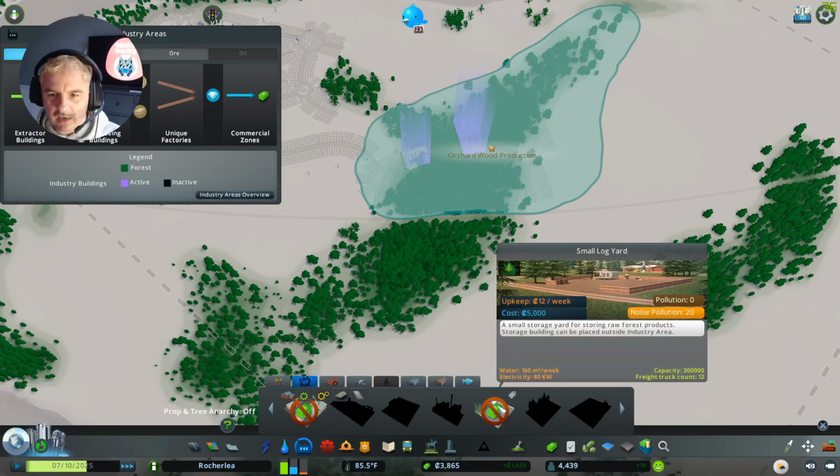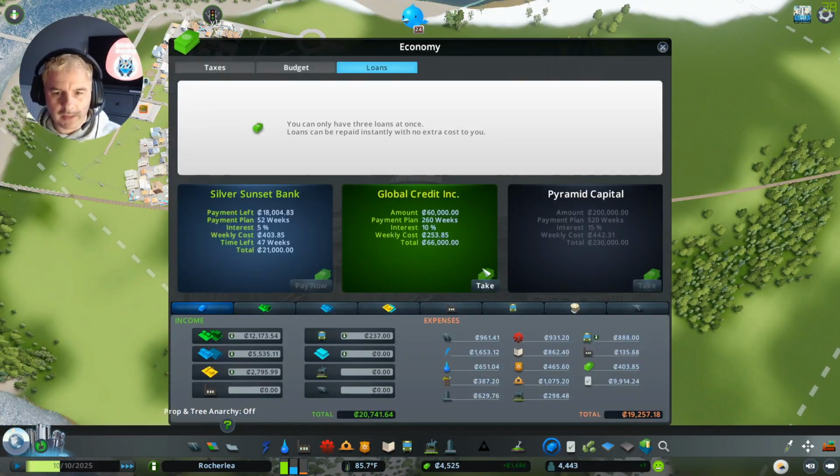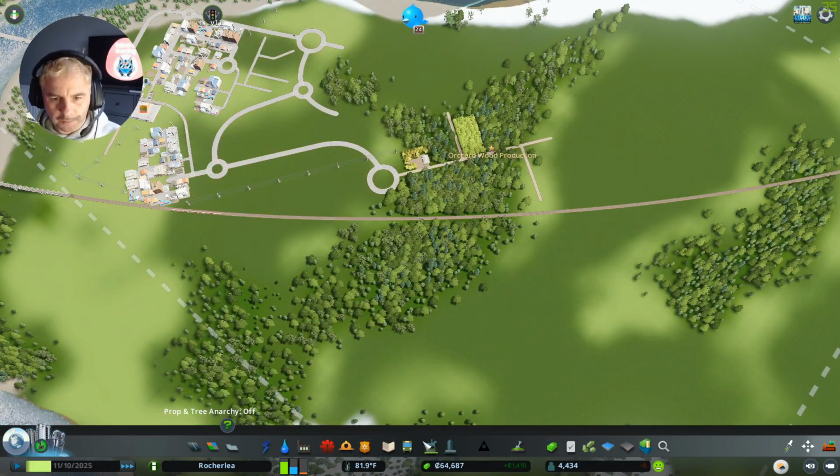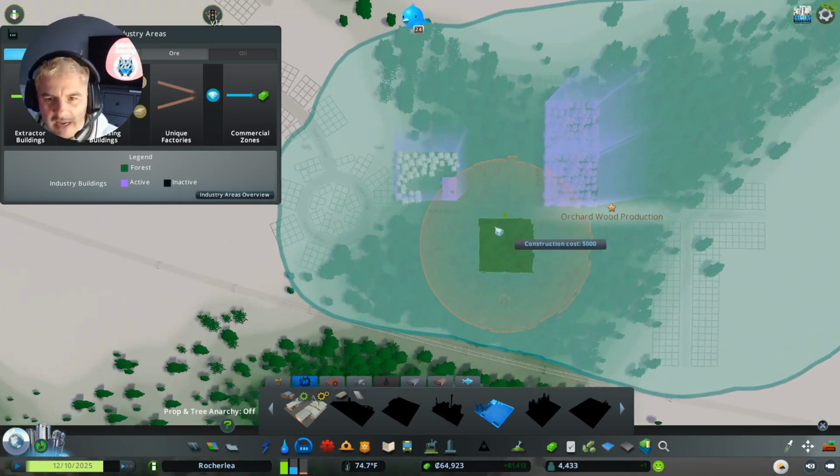And I believe it's going to be small log yard. Yeah, 5,000 this is going to be. So I'm going to go and grab myself, because we want a productive episode, I'm going to grab that second loan, and we're going to get into this immediately and just stay on speed 1 there. Okay, so small log yard, it looks like it's a bit of a...